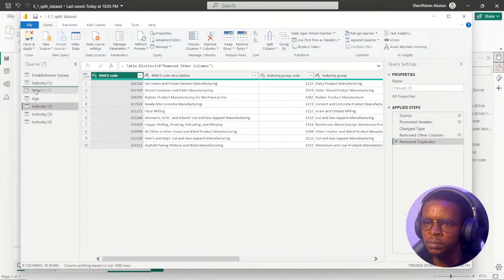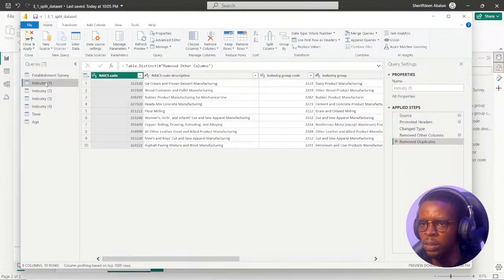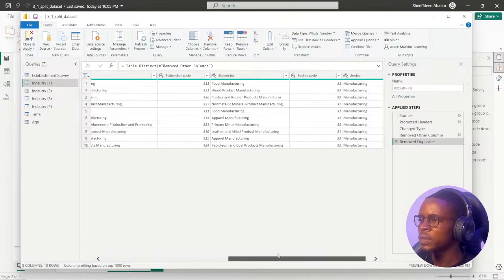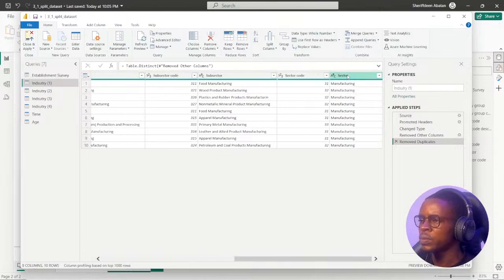I can arrange them, so we can understand what we are doing. So the first one is our sector. We want to have this one as the sector and the sector code. We're going to have the sector and sector code here, while the subsector,